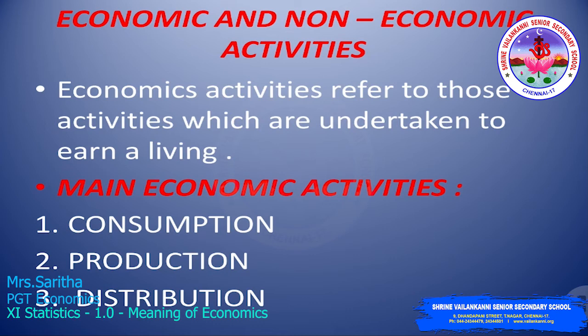Now, let's move on to the other one, distribution. Distribution is that economic activity which studies how income generated is distributed among factors of production. It deals with determining the total income arising from the production process, known as the GDP, and distributing it to land, labor, capital and enterprise in the form of rent, wages, interest and profit. We'll be calling it distribution. So all these three come under economic activity.